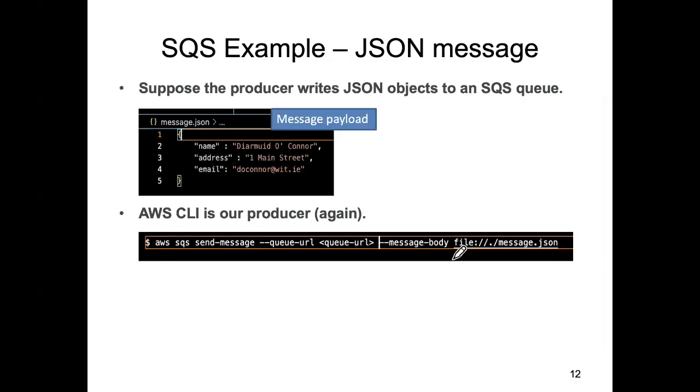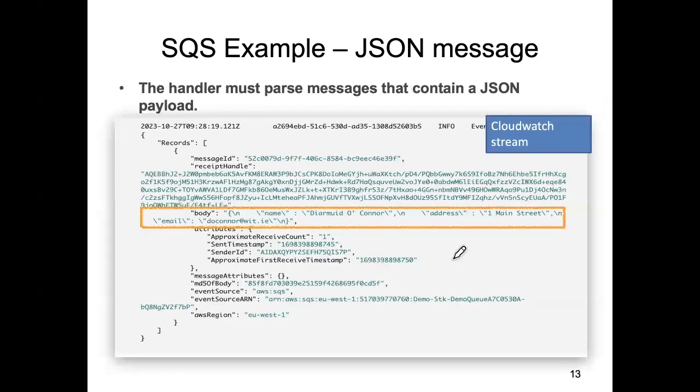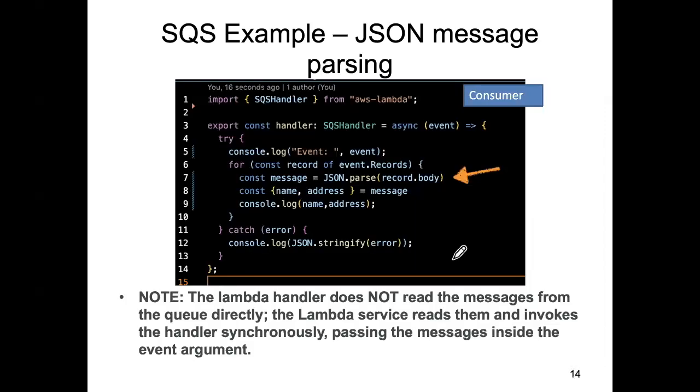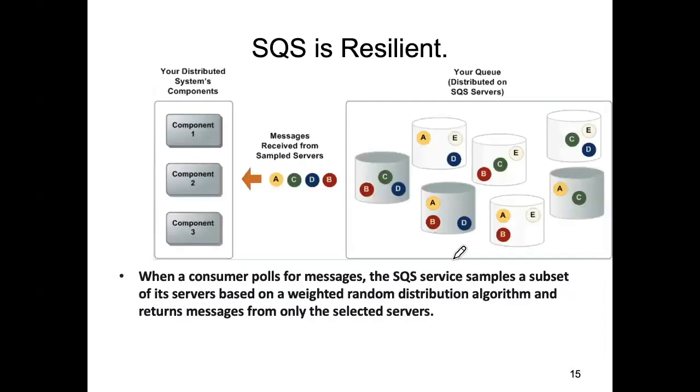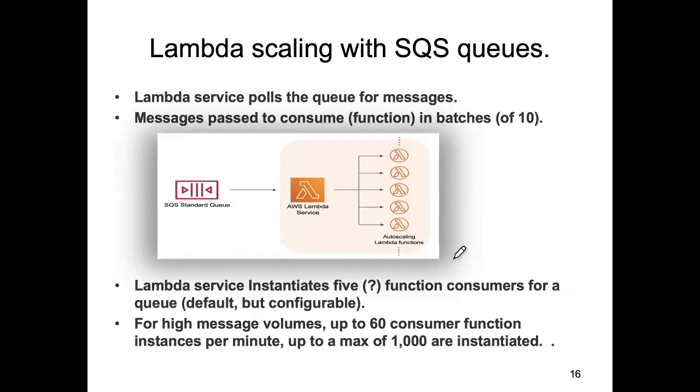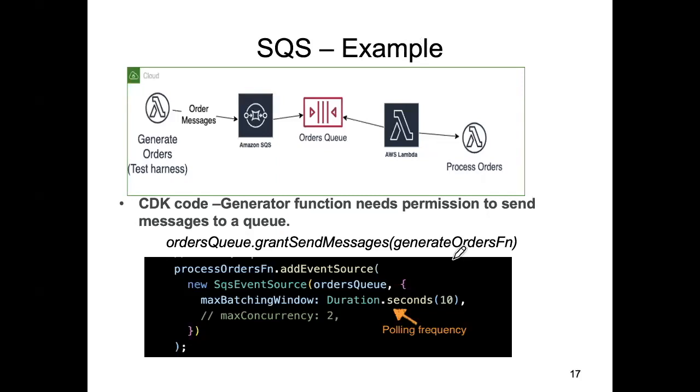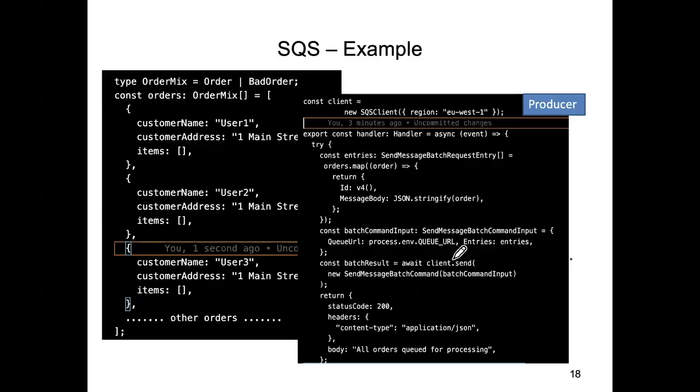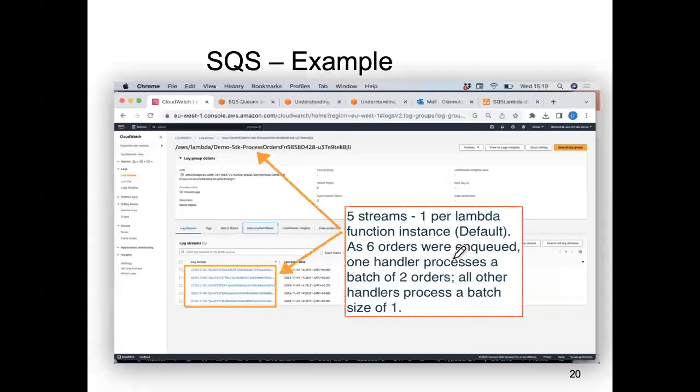If the message is a JSON structure, then that JSON structure will be serialized or stringified, and therefore it has to be parsed by the consuming lambda. And I have examples of that in the lab anyway. Let's keep going. And the scalability I talked my way through that. And again, go back and look at the previous lecture if you need to. Just going to keep going really on to